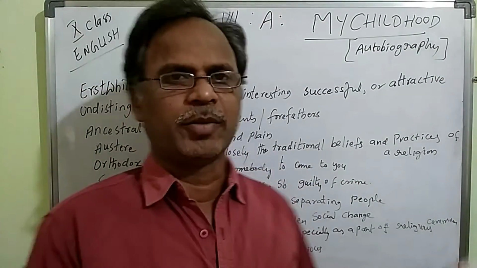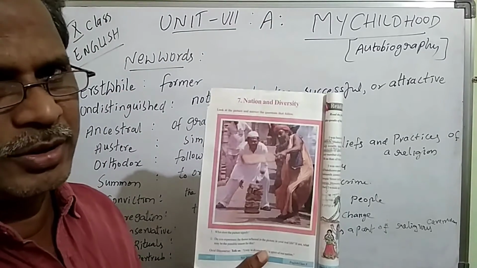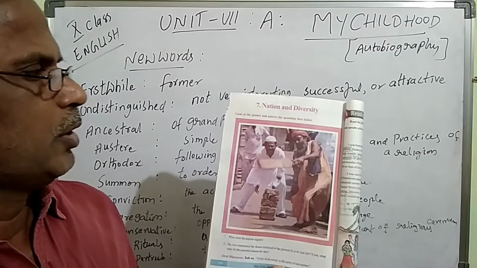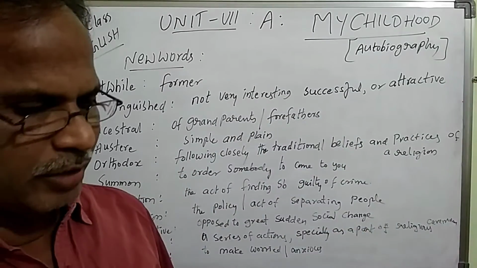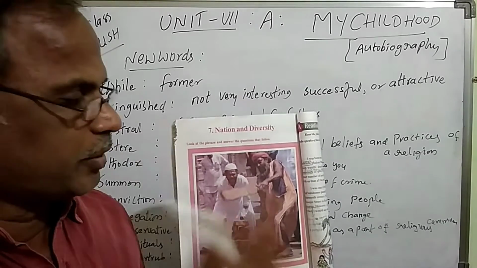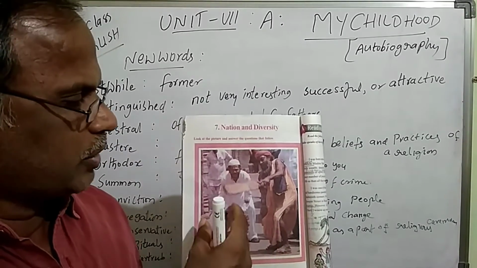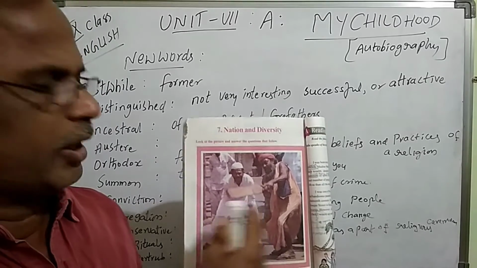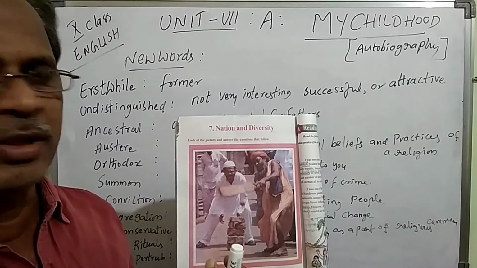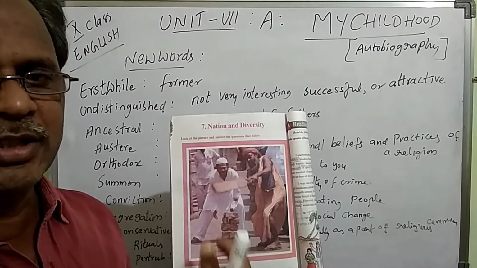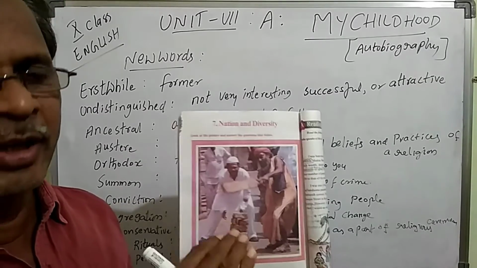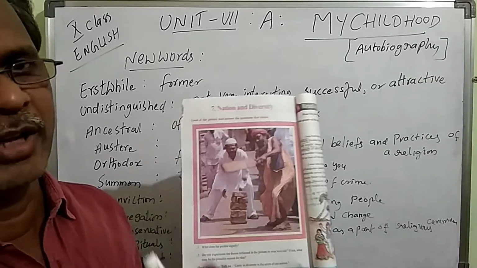And next, come to the next picture. In some books the picture will be different, but here it is given to you for nation and diversity. In this picture you see two people participating in a cricket match, and it is especially focused on one who is a Muslim and another who is a Hindu. It shows us their culture and tradition, and their dressing sense tells us they are two people of different religions. They are involved in playing the match.